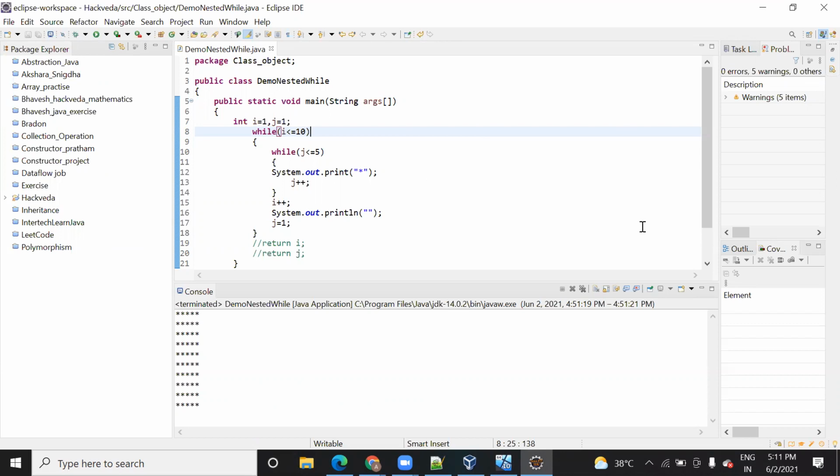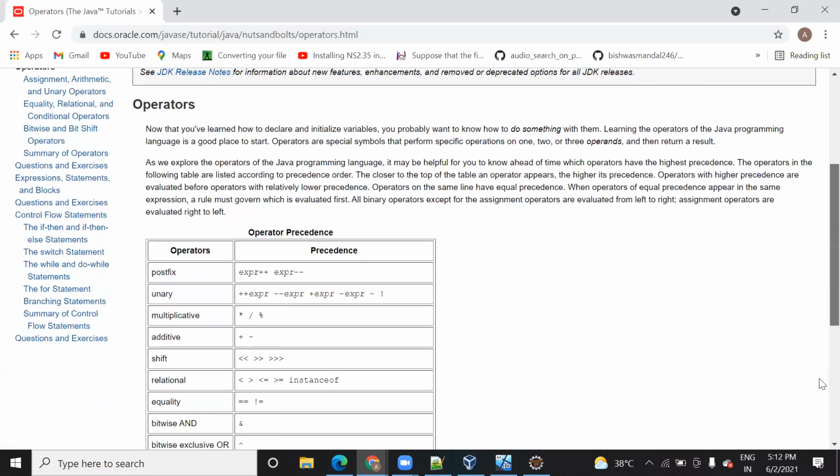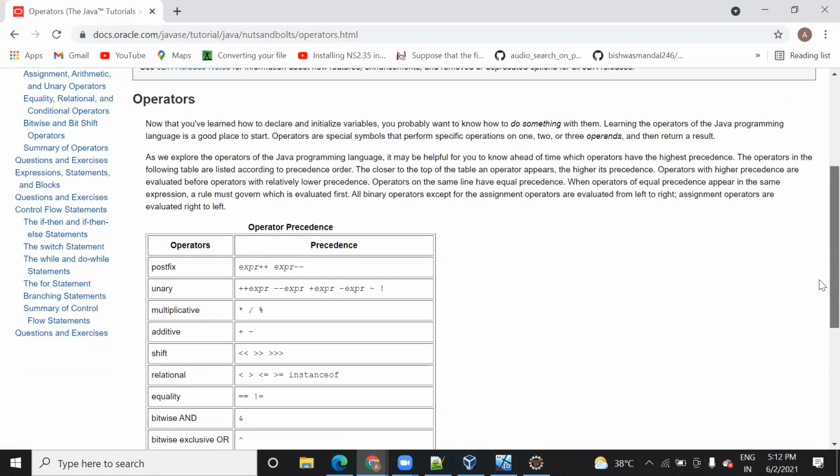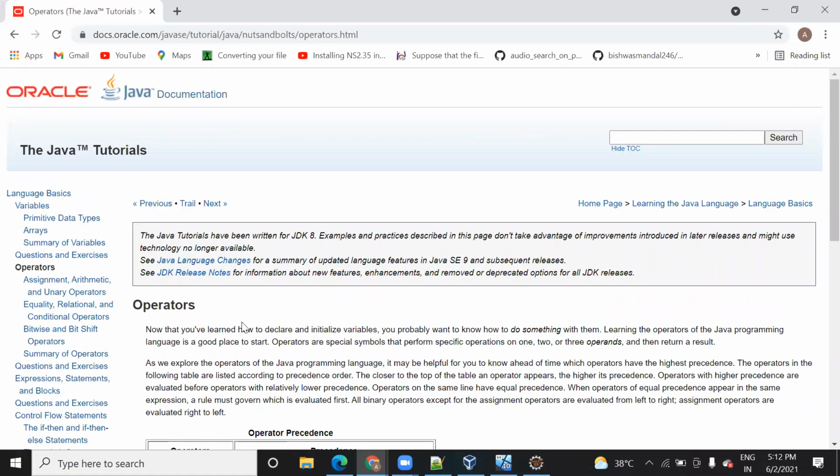Okay, then we can do one thing: tomorrow when we connect back, I can make you complete the OOPS concept only, because I think we should start OOPS first. We have done this operator part, you already know it. If conditions and the rest I will start later on. I will start the OOPS concept tomorrow. I know all the if, while and for loops, so we will go into OOPS then. I just have to work on the algorithms, that one takes time. And OOPS is the harder one for me.